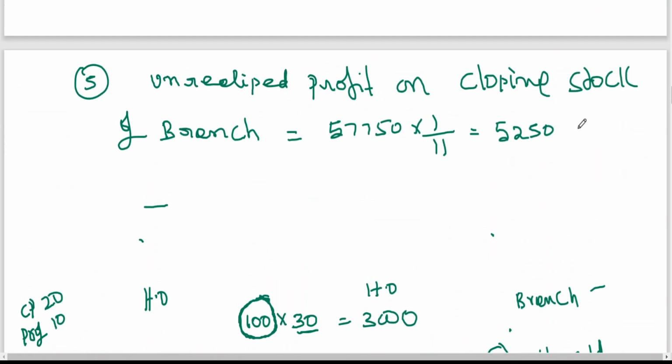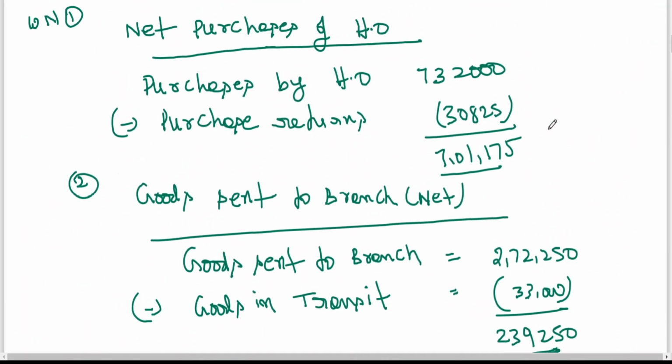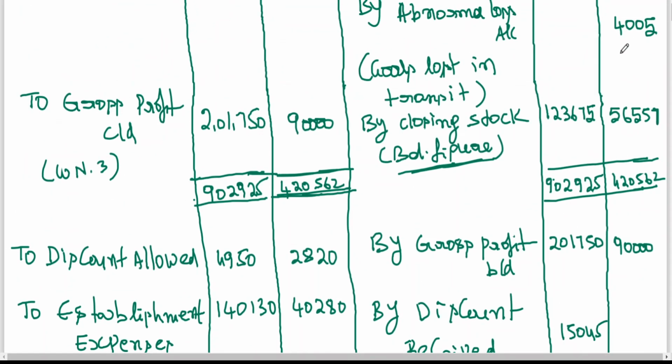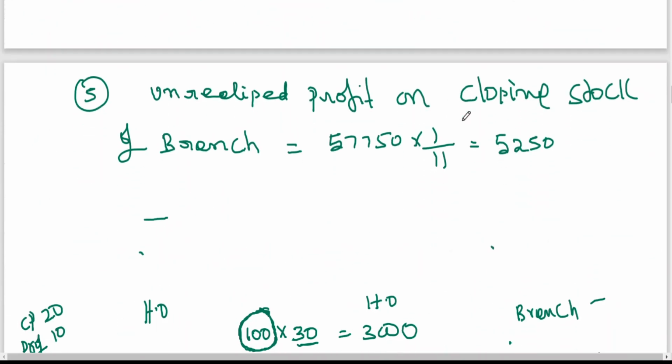The reason is something you won't find in any book, my dear friends. Even if you get a solution, authors simply work it out. They can't give reasoning like this in writing. This is implied. That means there is some problem standard which you need to raise to that level. So I hope you got the clarity. That is the reason why this closing stock is less than 57,750: because unrealized profit includes the abnormal loss, that is goods lost in transit. I hope you got the clarity of thought on this. Okay.